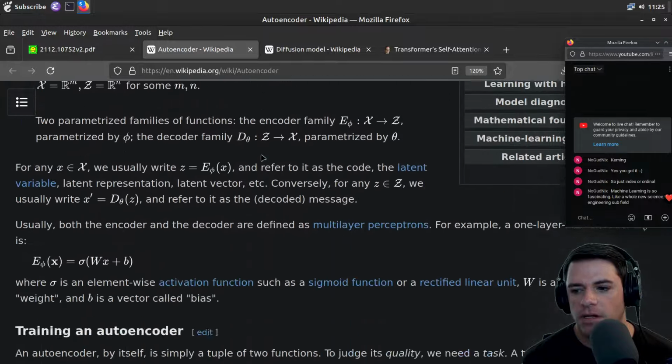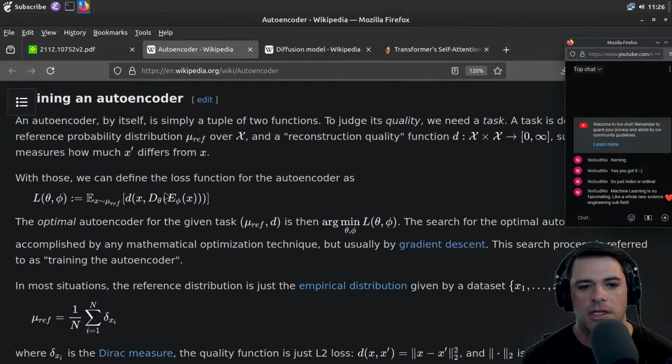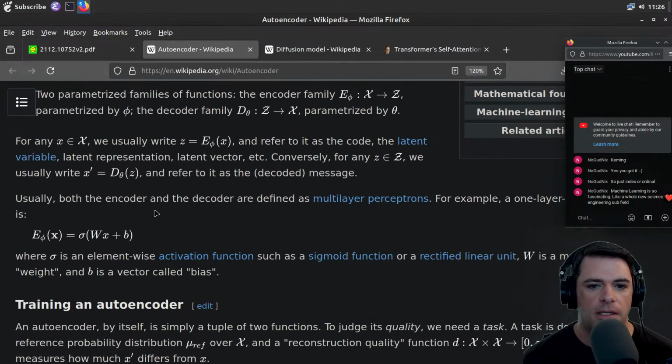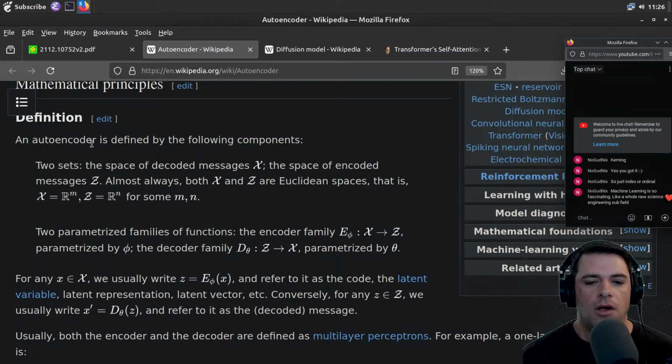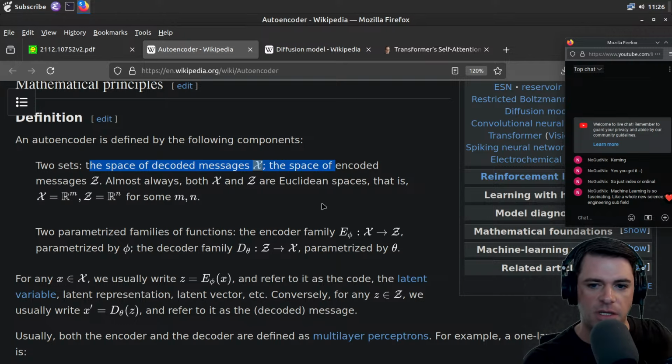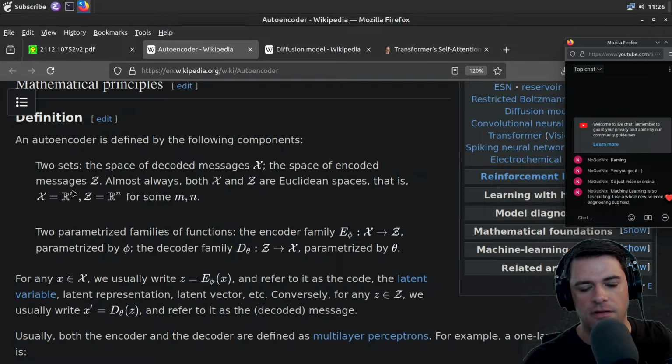Let's check out what autoencoders are mathematically. An autoencoder is defined by the following components. Two sets: the space of decoded messages, fancy X, and the space of encoded messages, fancy Z. Almost always, both X and Z are Euclidean spaces. That is, X is equal to R^m, for some m,